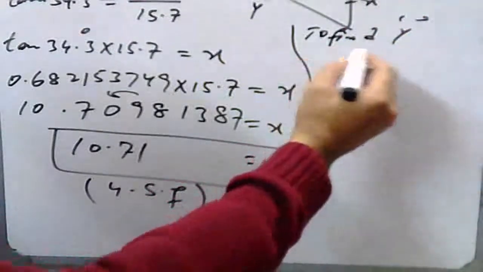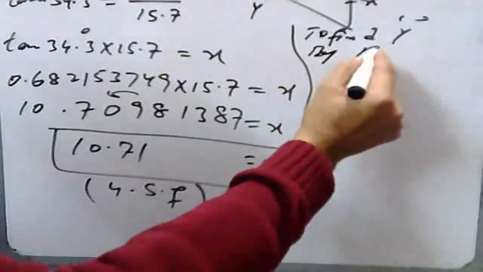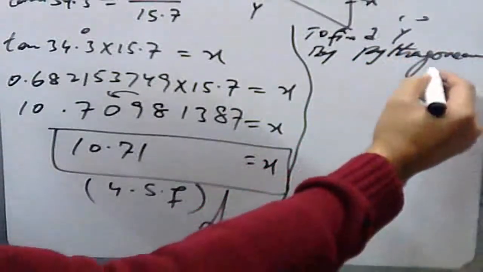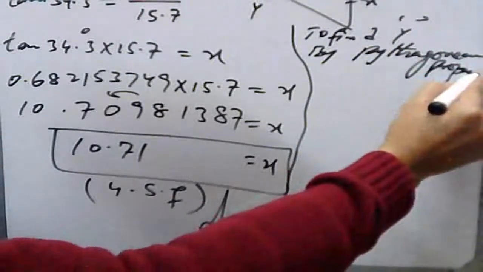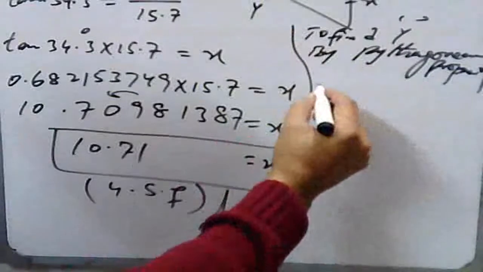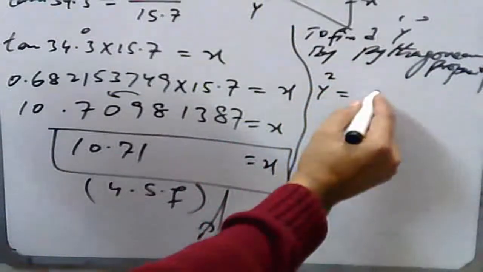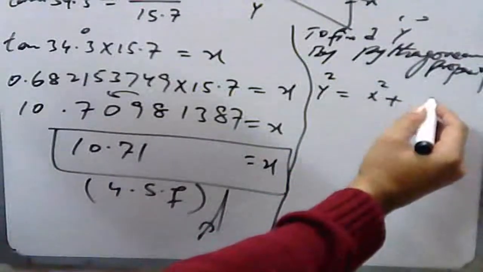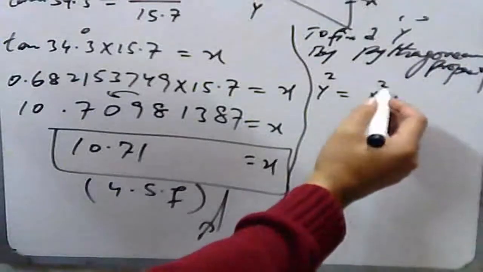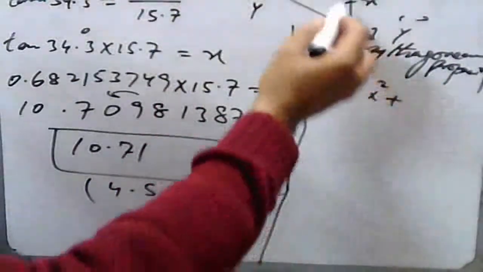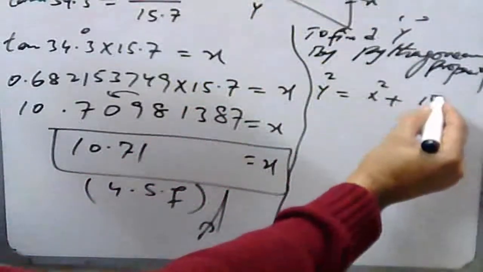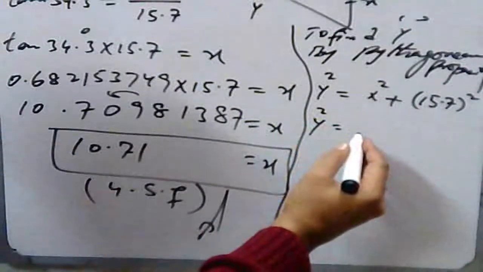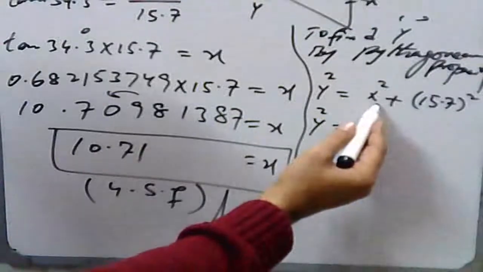So by Pythagoras theorem, to find y by the Pythagorean property, we know that hypotenuse square is equal to base square plus perpendicular square. Perpendicular is your x, and base, that is the adjacent side, is